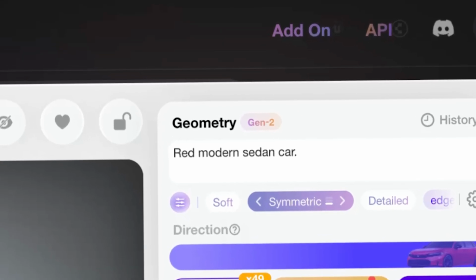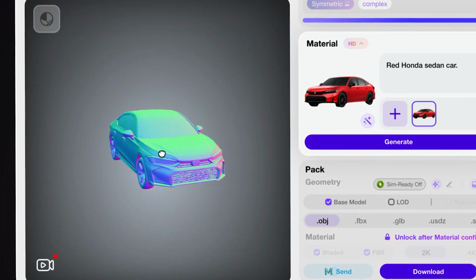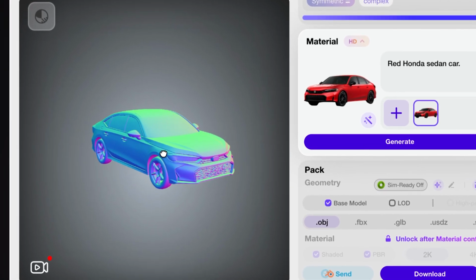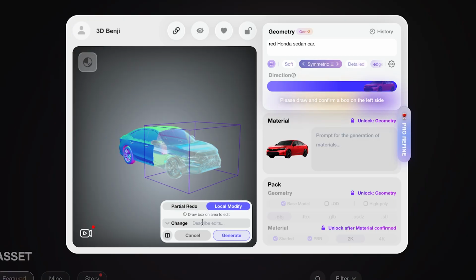Okay, so let's say I need to generate a 3D model of a car. I'll type in a good prompt here and hit generate. Boom, our model is complete. However, I'm noticing that I want to change the front of the car to look more sports-like. So I'm going to select modify, describe the change here, and once that's done, I'll click generate, and bam, we're